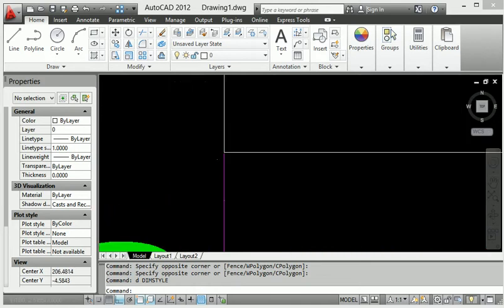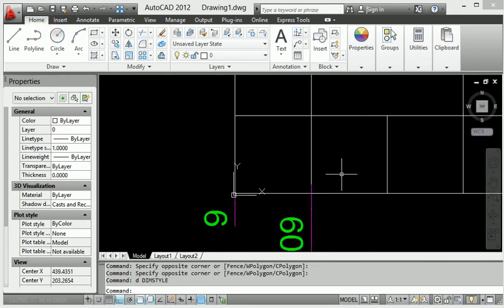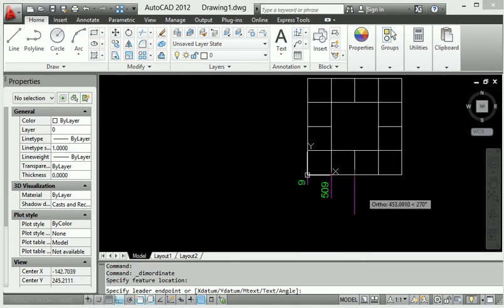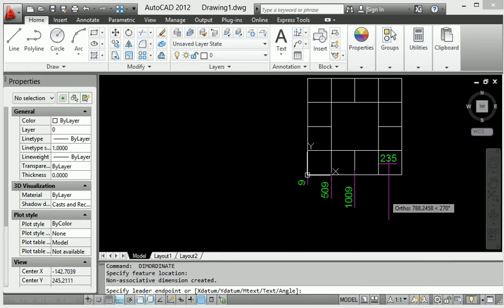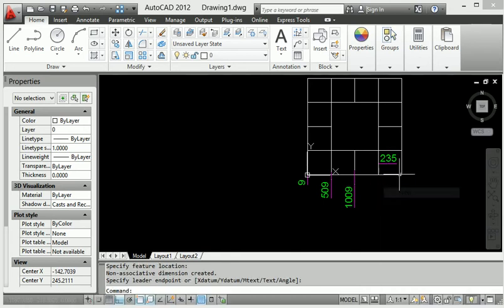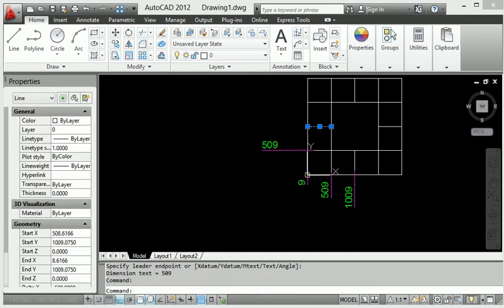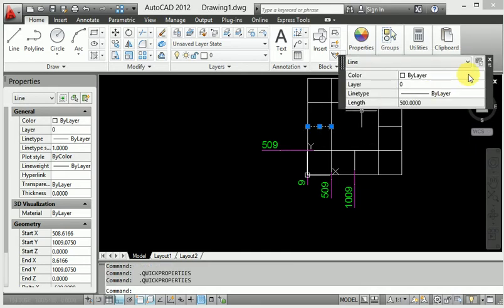If the diagram is not shifted to the origin point, whatever dimension I give, like going to ordinate dimension, I only click this line and also click the line here, and it continues to make the diagram.